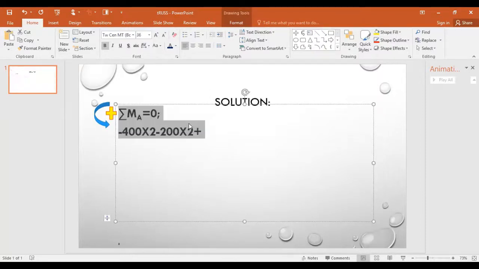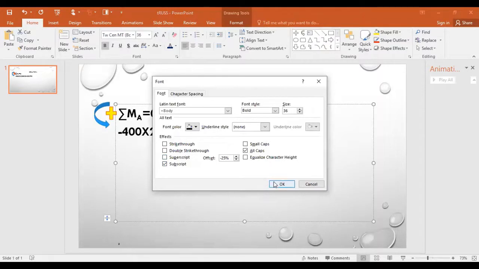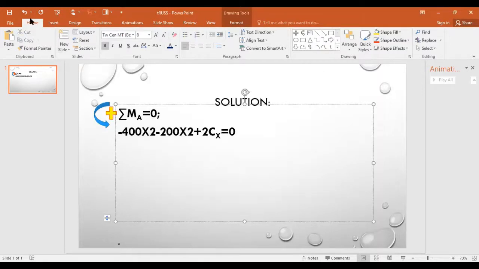It's very small. So I have selected this one. This is 2cx. If I'm selecting this x, what I have to do is make it subscript. This is the equation. So this is the way I can make it, and I am going to select this one and apply Subscript in the font group. So it will become okay. This is the way to write the equation.